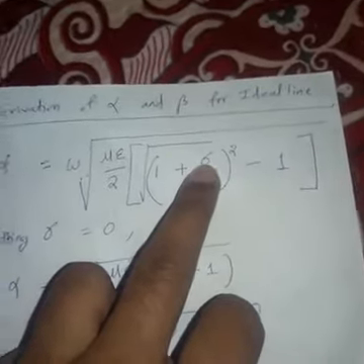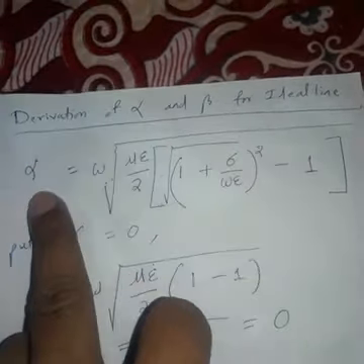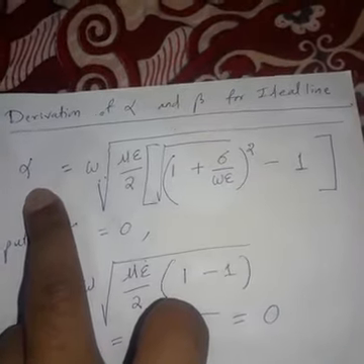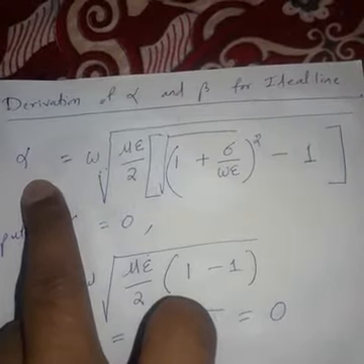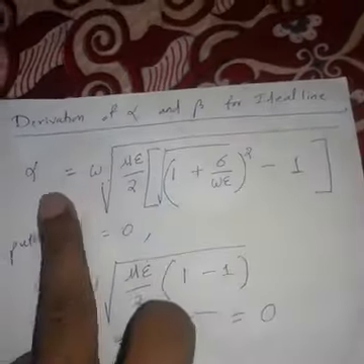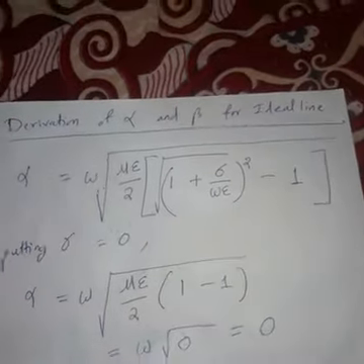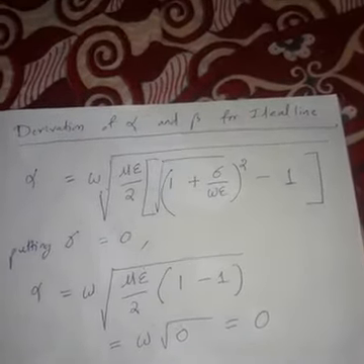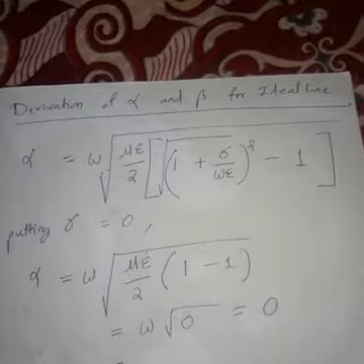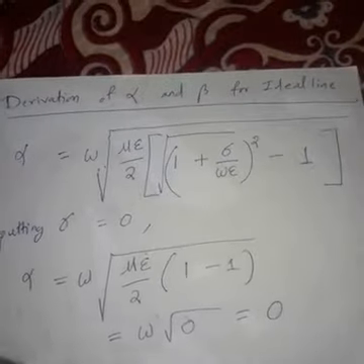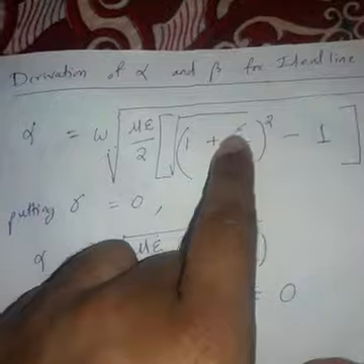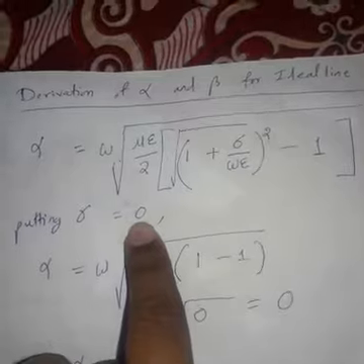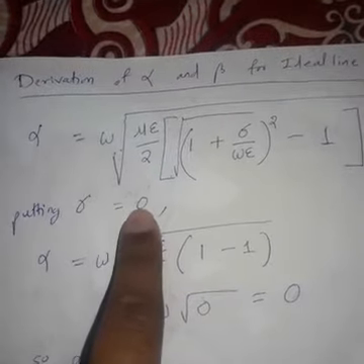Why are we taking it? Because we are considering alpha and beta. These are the propagation constants, the parameters. What is the propagation constant? Gamma. Gamma is equal to alpha plus j beta. So alpha and beta are parts of the propagation constant. That means the wave is propagating. We have considered the wave is propagating in free space. Free space means dielectric. For a dielectric, the conductivity will be 0 if the dielectric is ideal. Dielectric is an insulator, so an ideal insulator means conductivity is equal to 0.